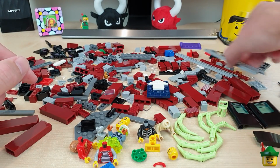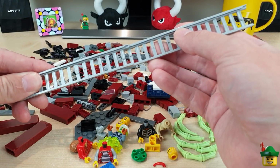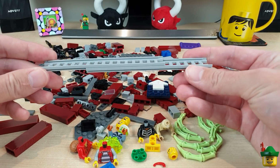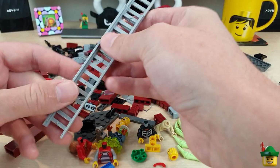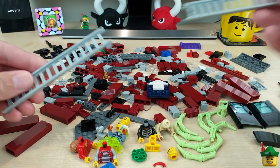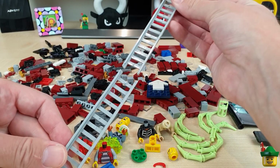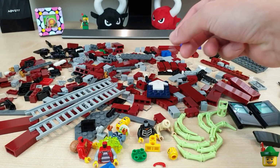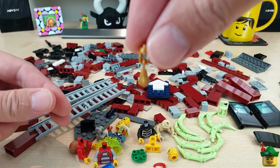Oh yeah, and I got a couple of these ladders. So these ladders are the type that probably come with most fire engines, definitely the older ones anyway, and they kind of go together like that, so you can extend it. I'm not using it for a fire engine. I'm not going to tell you what I'm going to use it for, but I've got a couple of nice brand new ladders to make a super long ladder with, so you can give me your guesses for that by all means. Got a couple of these tassels,